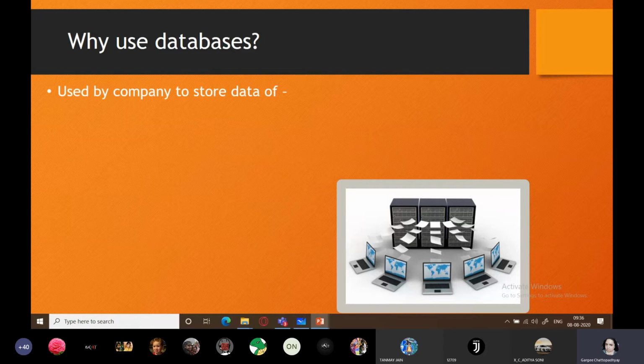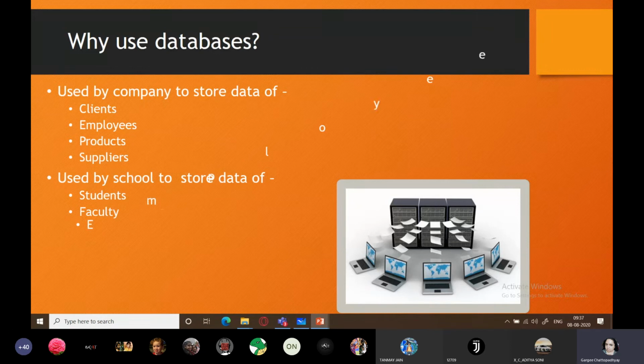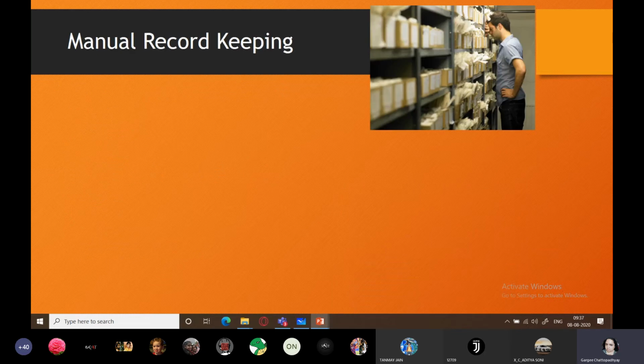They are used by companies to store data of clients, employees, products, suppliers. Used by schools to store data of students, faculty, employees, students' biodata, and even academic performance. So databases can be used to store practically any type of data which needs to be collected on a daily basis and processed later on.